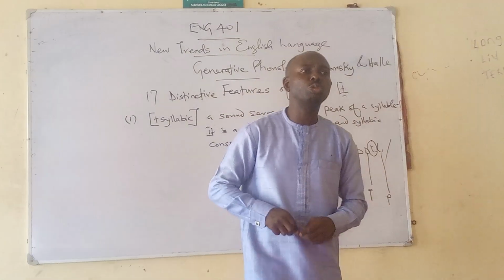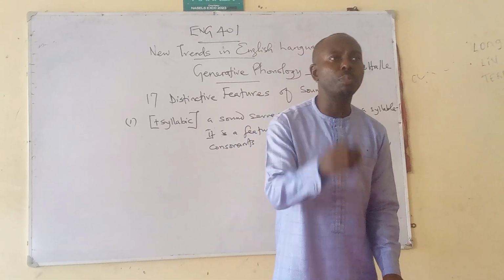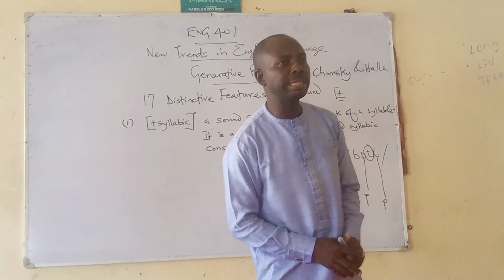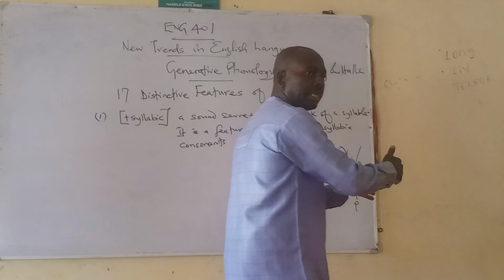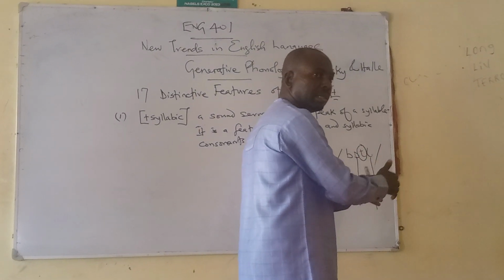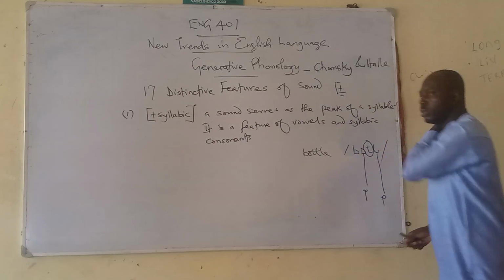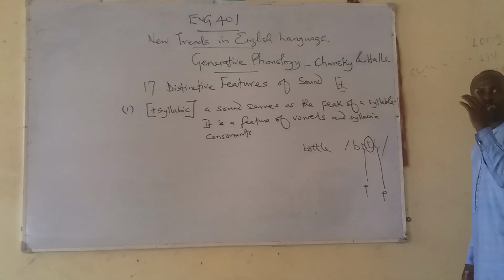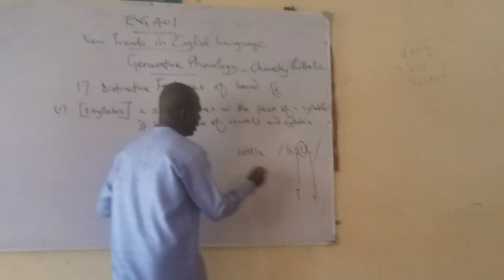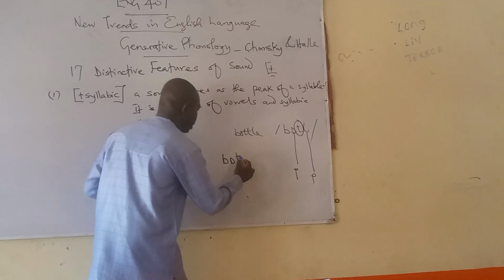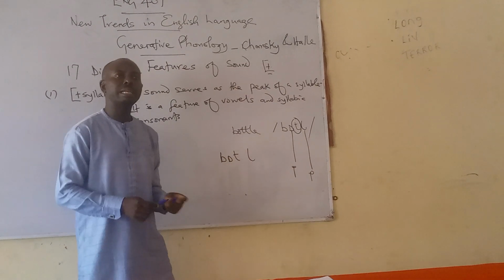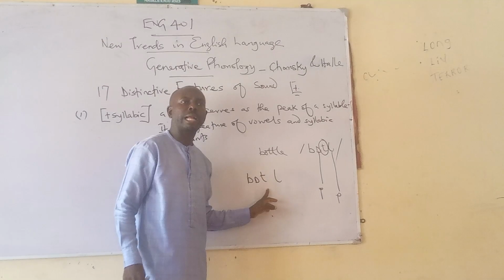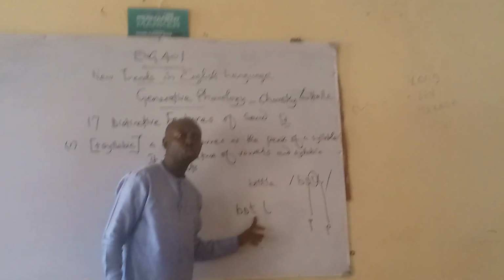And I introduced you to what we call the principle of maximal onset. You have forgotten. Maximal onset, which says that the consonant between two peaks, you will first of all allot all of them to the left side. That is the rule. So in this case, if you do that, it means you are going to have what? And then this one will start. Then the principle says that after allotting all of them to the left, you have to check whether it is permissible to have that kind of combination